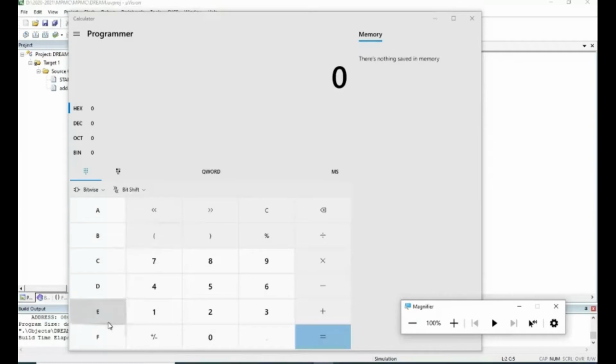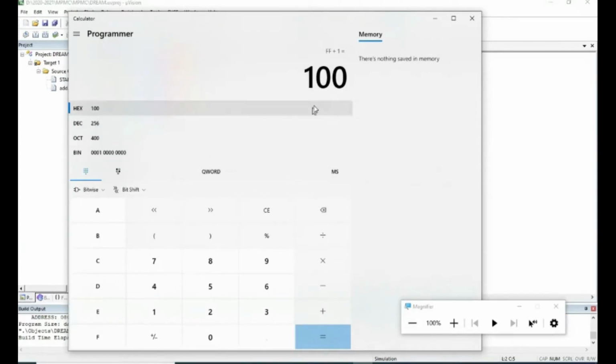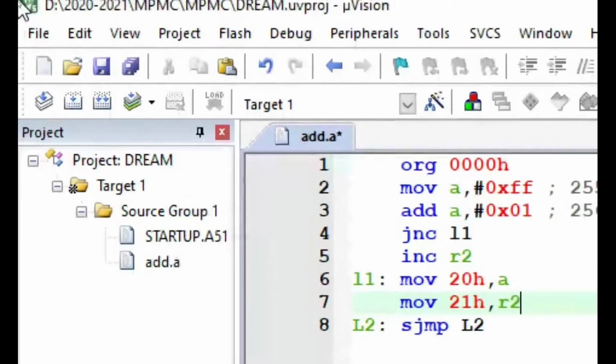Here I am doing FF plus 1, and the answer is 100. So this 00 is one byte which has to be in one location, and this 01 has to be in the next location. So the least significant byte is in the 20th memory location, and the most significant byte, which is 01, has to be in the 21st memory location. While executing, you will become much more familiar.